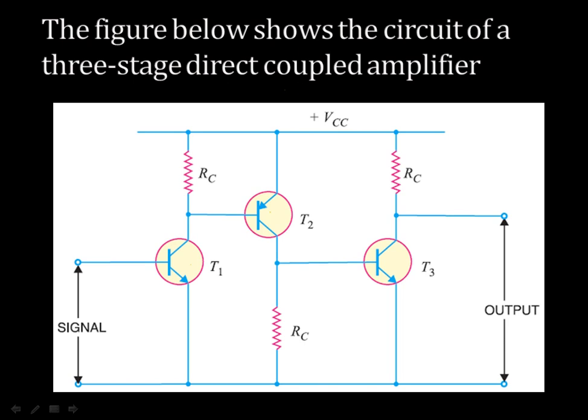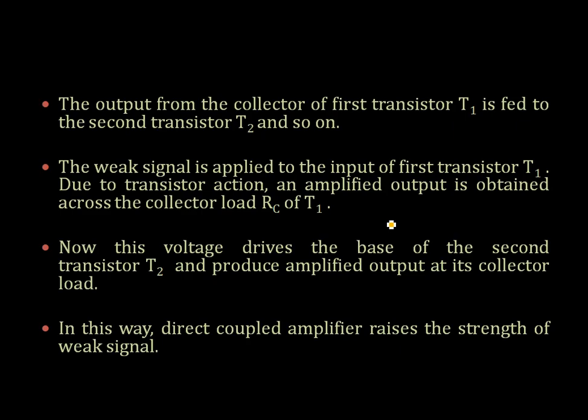What is the peculiarity of this figure? You can see that from the collector terminal of this transistor, the output is connected to the input of a PNP transistor. For the PNP transistor, the biasing is with opposite polarity, so the emitter is connected to plus VCC and the collector is connected to ground. From the collector again output is taken. This is the collector resistance of transistor T2, and the output is given to T3 and directly connected. The output is taken across this terminal. One of the disadvantages associated with this is that there will be DC offset in the voltages, so the biasing arrangement has to be adjusted for that.